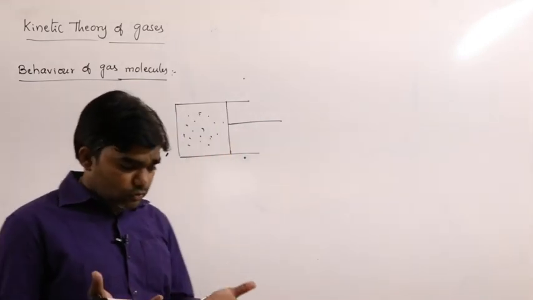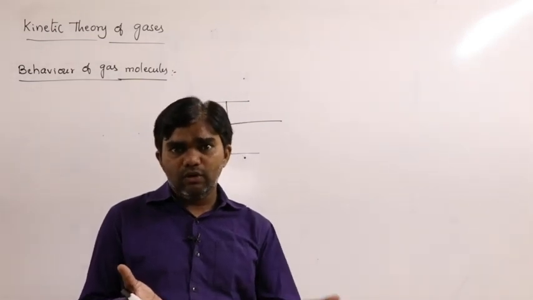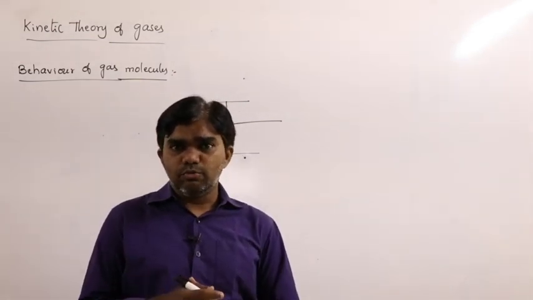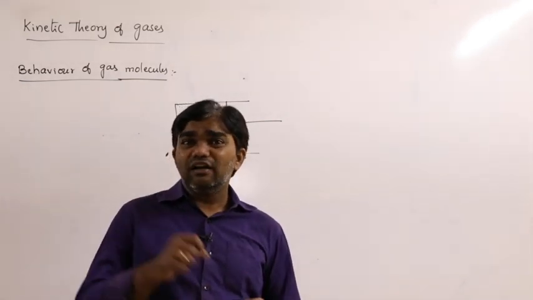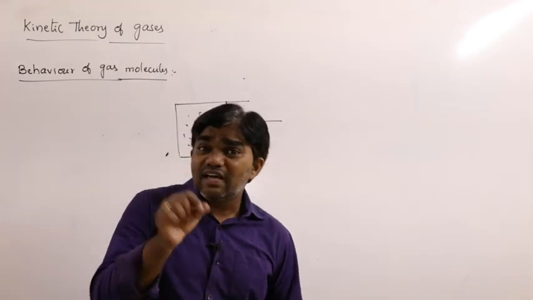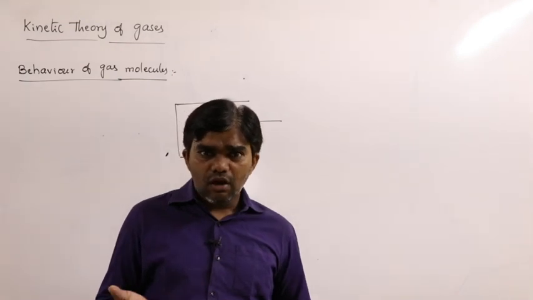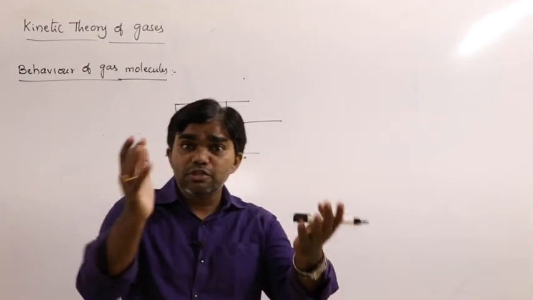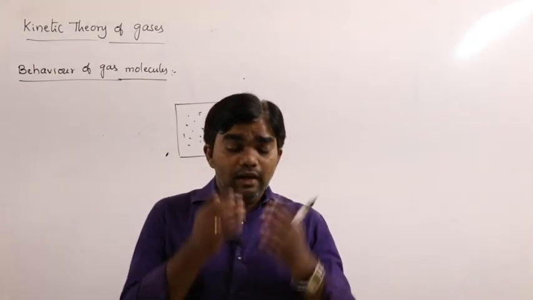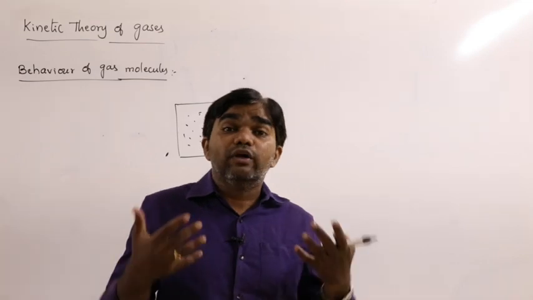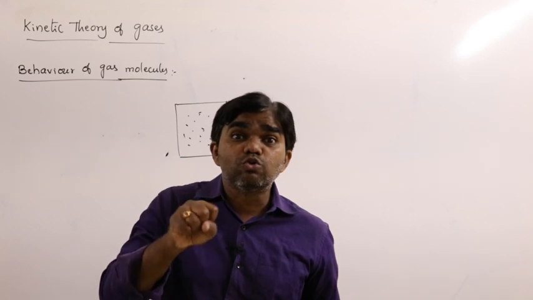Variation of temperature we can observe, whether the substance is hot or cool, by holding it. That is macroscopic. But the kinetic energy of the gas molecules, the internal energy, the velocity of the gas molecules, how the gas molecules move with certain velocities, how can we measure that? It is not possible to see the gas molecule. How can you find out the velocity of the gas molecule? Not possible. That is why it is a microscopic quantity.